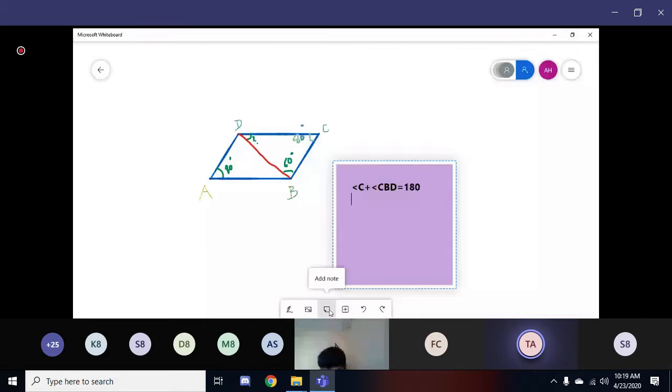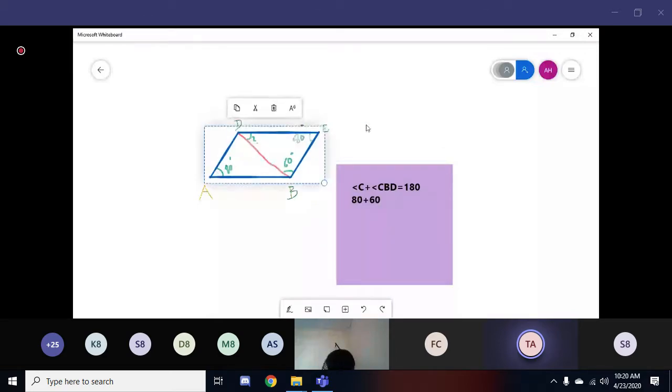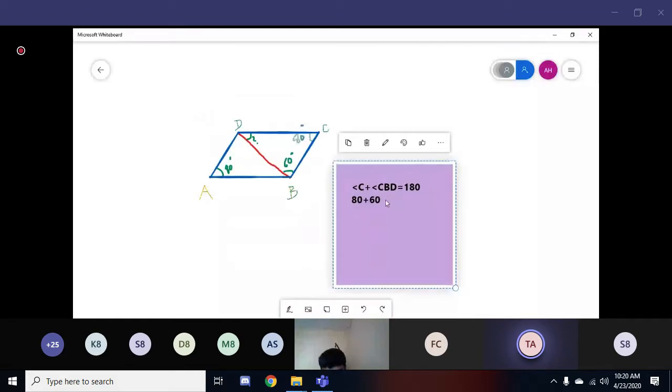Then what was angle C? Angle C was 80. And what was angle CBD? It was 60. But beta, make sure that you don't forget to add this whole angle. We didn't have this whole angle. Not only 60, but